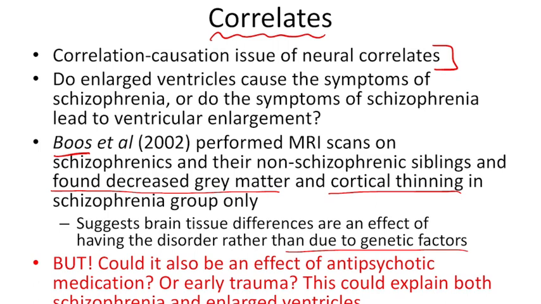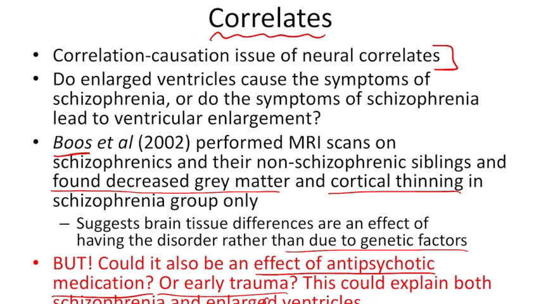But one thing that we must keep in mind here is that this ventricular enlargement could actually be an effect of the antipsychotic medication. When we looked earlier, we said that this ventricular enlargement seems to worsen over time, although it's present at first psychotic episode. We don't know whether this is because the disorder is degenerative and these changes are happening, or whether it's a response to that antipsychotic medication that is causing cortical thinning and ventricular enlargement. So that could be one explanation. Another could be early trauma. Here we've got perhaps a third variable.